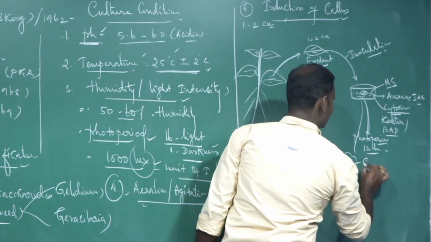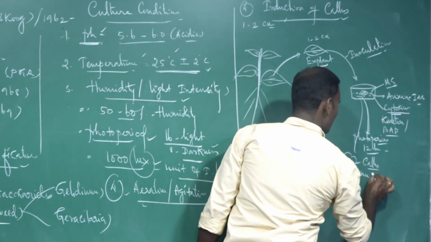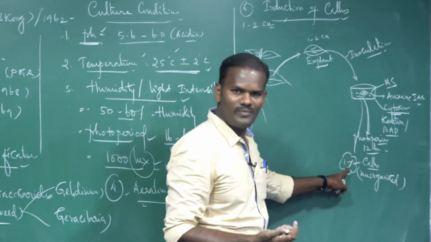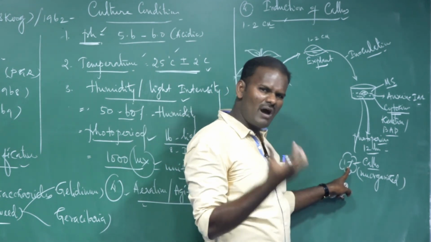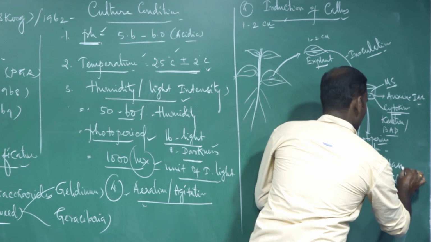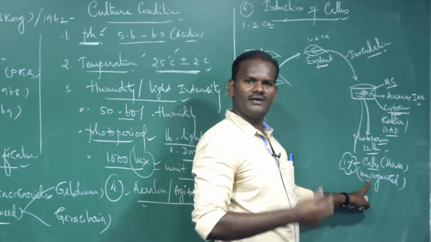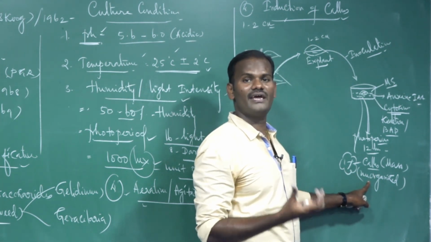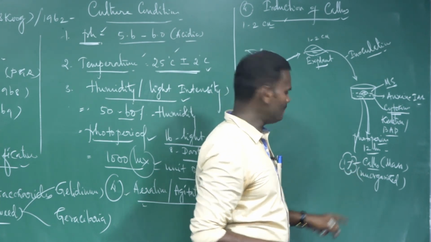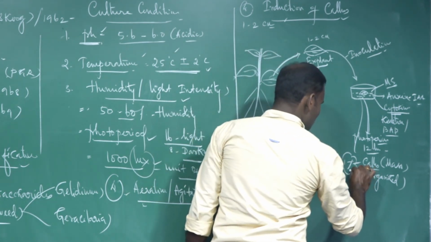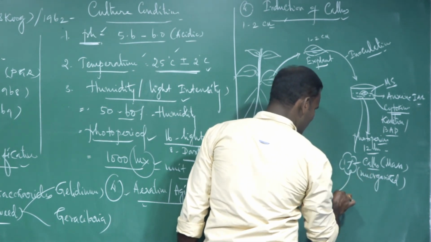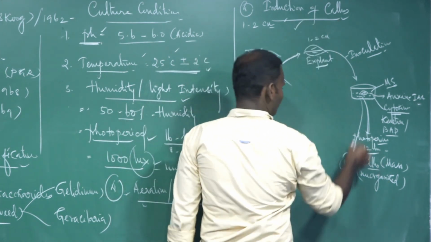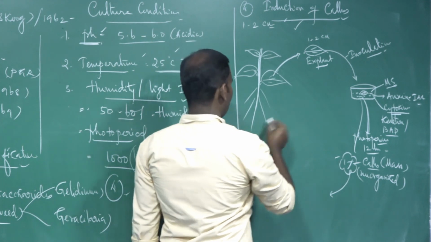Yes, it is a callus. Callus is nothing but unorganized tissue or cells. There is no organ formation. It is a mass of unspecialized cells, with no specialized organ development. It is an unorganized mass of undifferentiated cells growing in vitro. That is called callus formation. Now this callus is differentiated into embryos by the process called embryogenesis. Induction of callus is over. The next step is embryogenesis.